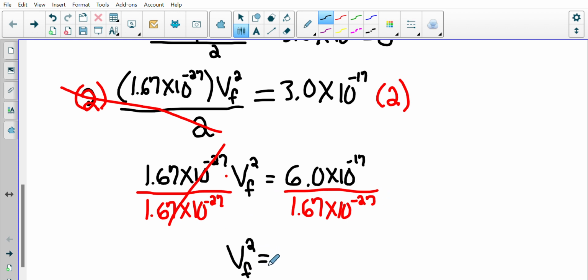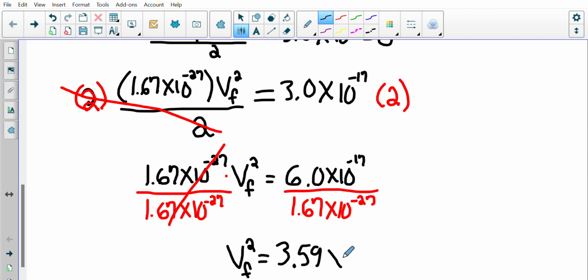I take those 2 very small numbers and divide them. Grab my calculator: 6 times 10 to the power of negative 17 divided by 1.67 times 10 to the power of negative 27, and I end up with 3.59, to 2 decimal places,